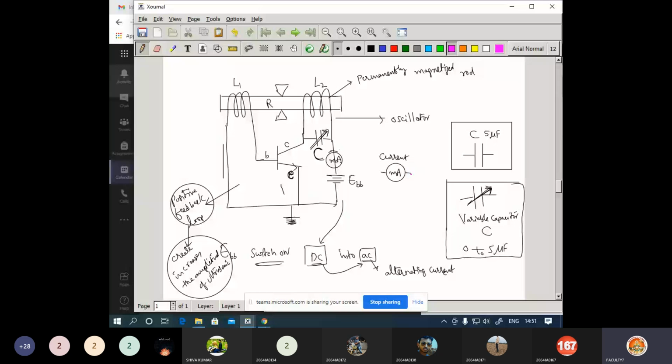If this is a DC source, this particular DC source will try to oscillate continuously. So how are you getting the oscillations of the DC here? It is due to the oscillator. The entire circuit is going to act as an oscillator. Due to the oscillator, you are going to get the oscillating current, and this current is flowing through the coil. So due to that particular current flow, it is going to create the alternating magnetic field.